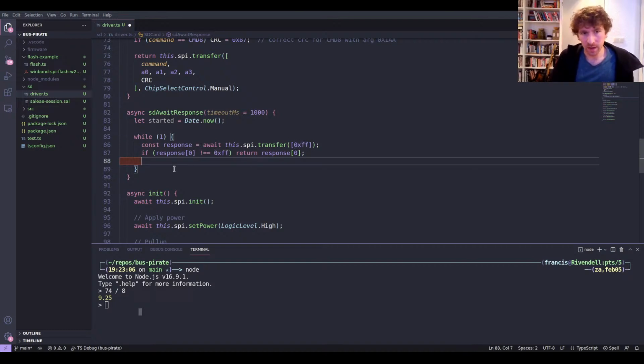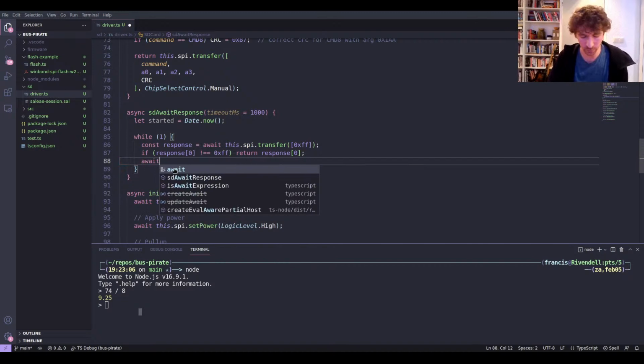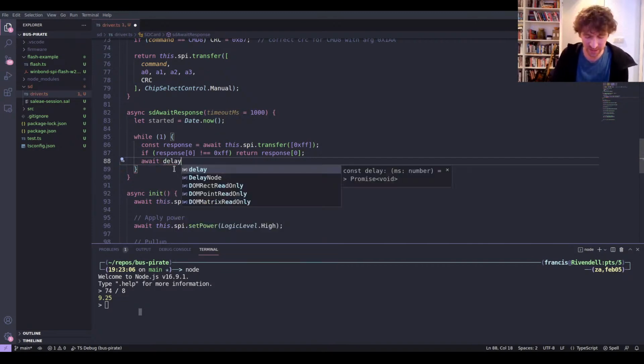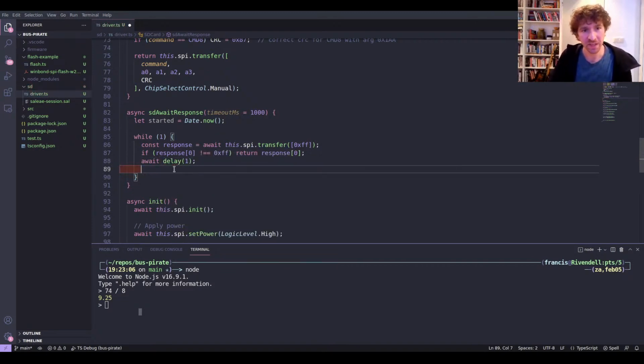And then what we can say is, well, we need to pause for some amount of time. If we were writing this in C or C++, we wouldn't have to put a delay in here. But because we're writing in TypeScript and ostensibly in JavaScript, there's something called the event loop. We need to allow events to come into our program, so we can't just block in a while loop. We need to actually introduce some way of delaying for a moment. So we're going to add a delay of 1 millisecond, which is a lifetime in terms of this line,